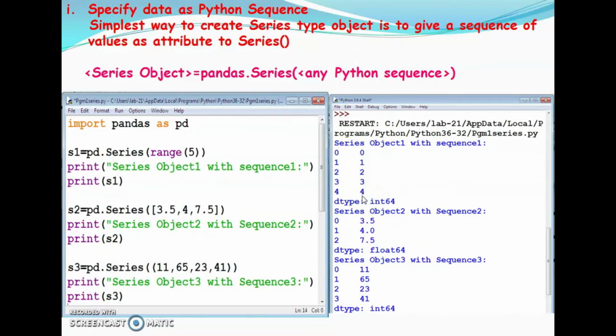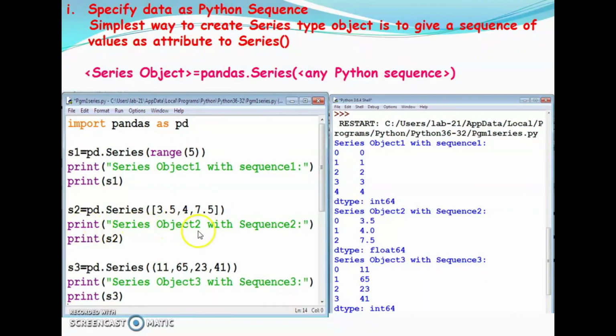Okay? Clear? Then the second one: S2 is equal to pd dot Series. Within this parenthesis we specified 3 values within the square brackets. Square brackets mean that it is a list.